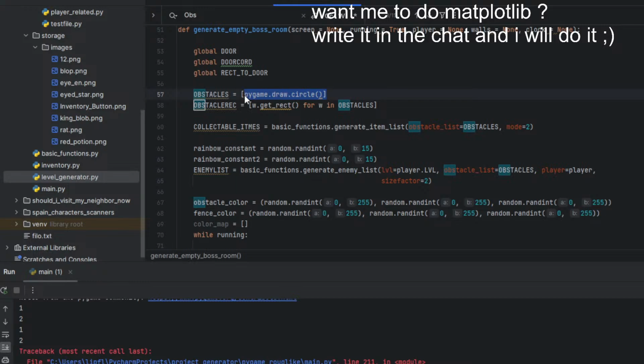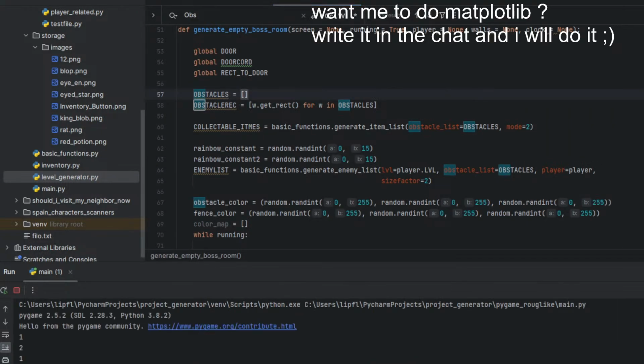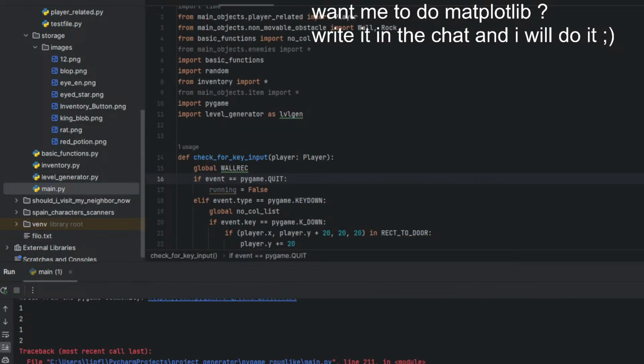Draw a circle. Yes, so main. Yeah, that's cool.